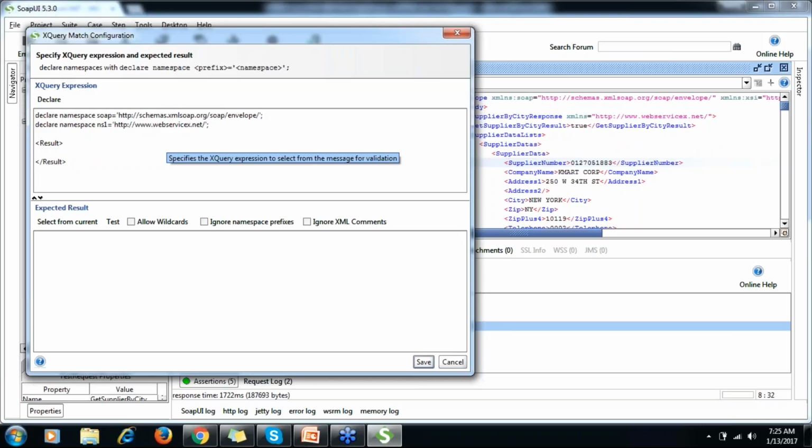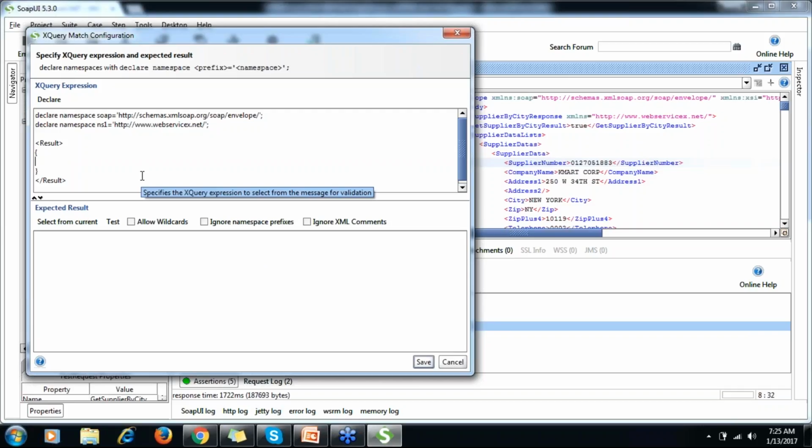Now inside this I have to put curly brackets. Okay, if I want to use this for loop, then for it says dollar x or dollar i, anything you can give, right?